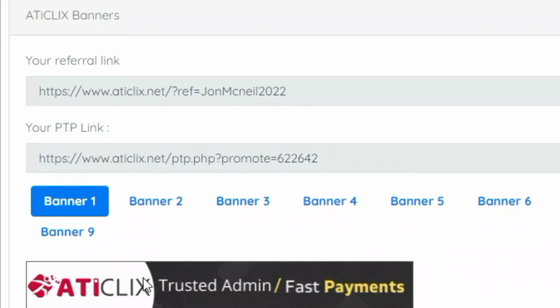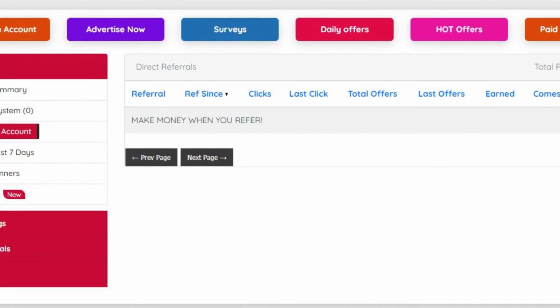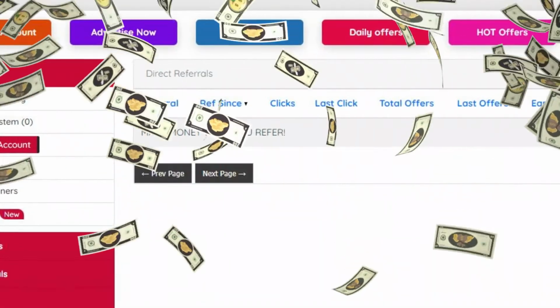Now all you have to do is just respond to a couple of them with your referral link to ATIClicks. Not only will they appreciate your help, but you will also make money through the referral, essentially putting both parties in a win-win situation. They'll get to know a fantastic money-making site, and you can enjoy cash compensation in return